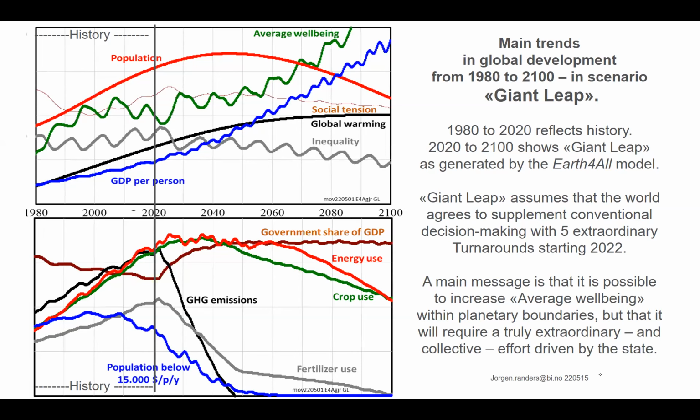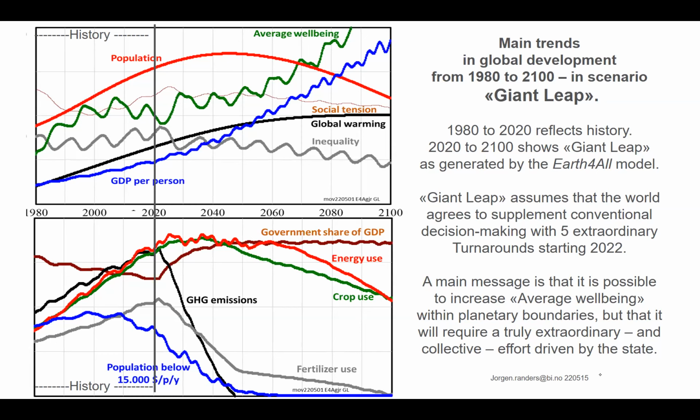Whether this is then possible in the real world is, of course, the interesting question. I do think that if those actions were implemented, our forecast of the consequences is relatively precise. So the big question is, of course, will we be able to implement strong action along the giant leap? My personal belief is that we will not. I am a deep pessimist on this score.